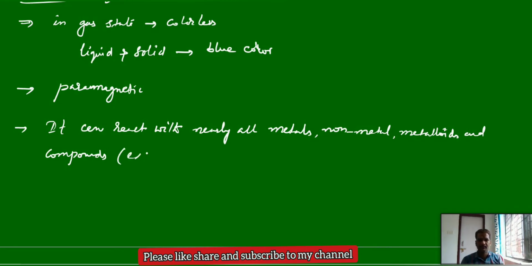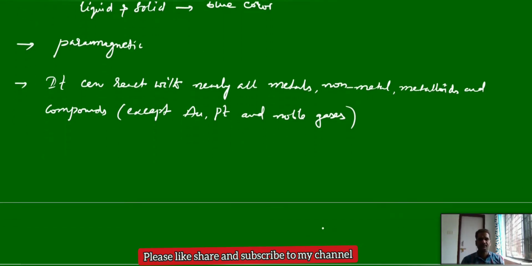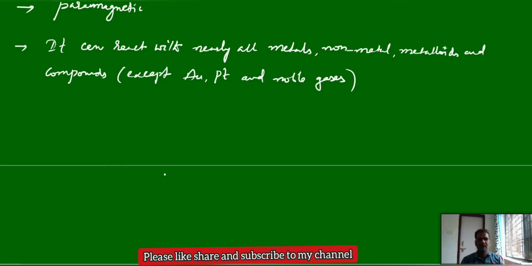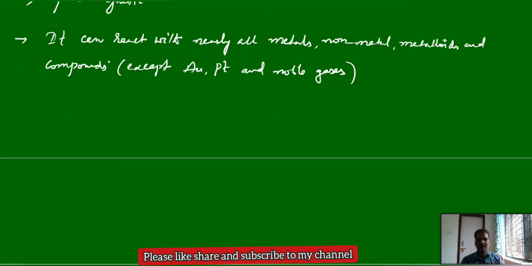Except noble metals like gold and platinum, it will not react directly. Why? Because they are less reactive in nature. The energy is not sufficient to break the oxygen double bond. And with noble gases the reactivity is very low, but in the remaining cases it can almost always react. Let us see a few examples where it can react with some metals and non-metals. This part is not that important, but it is for idea purposes.